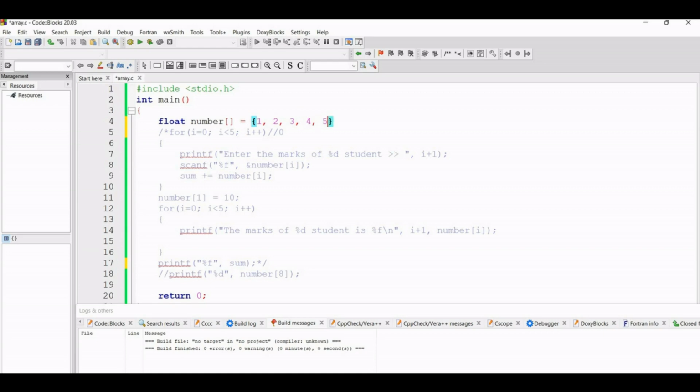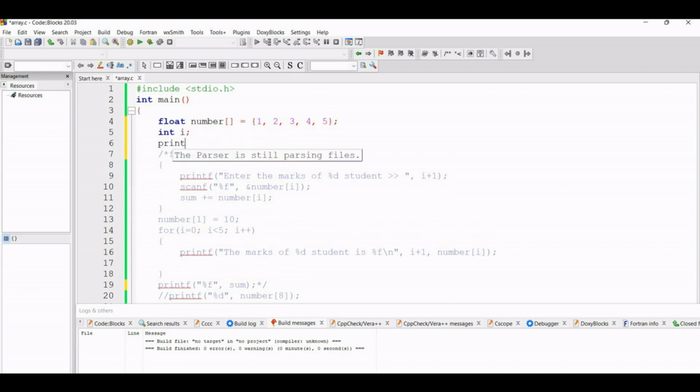If I want to assign the values at the same time as I declare the array, we don't have to give any size in the brackets, because at the same time I am defining that there are 5 numbers and assigning them inside this number array. So I am declaring and defining the variable at the same time. For that reason the maximum index is not needed, and here we have to provide the curly brackets.